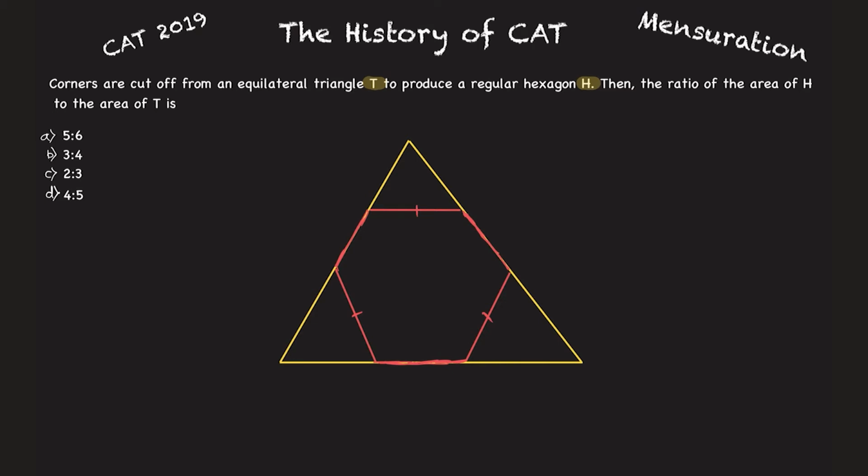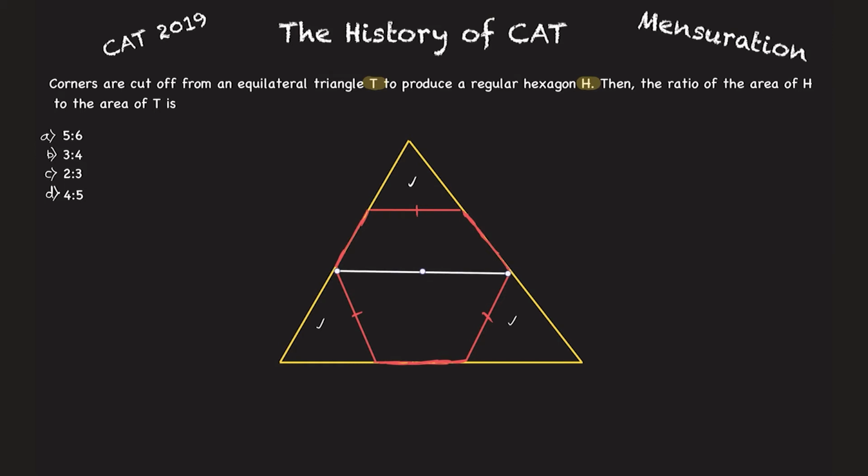Now if you can see it here, you are getting one equilateral triangle here, one here, and one here. So it is being split up into three equilateral triangles. Now what is the area of this regular hexagon? That you will have to figure out. The regular hexagon is also formed by equilateral triangles. We have studied this. If I just make a line from here, it is also formed by equilateral triangles.